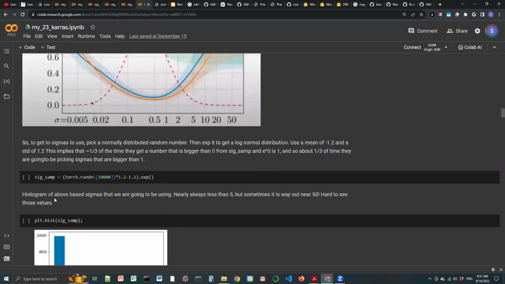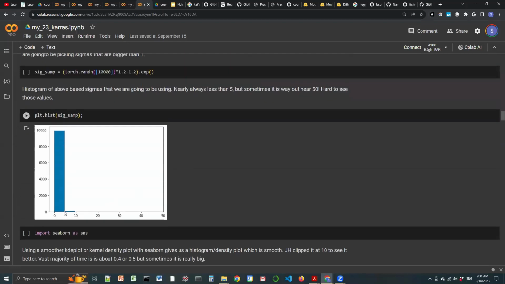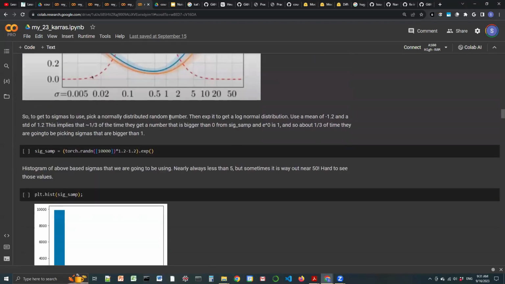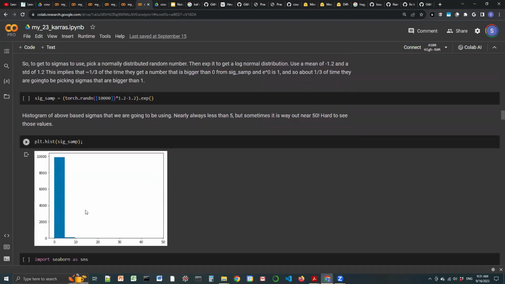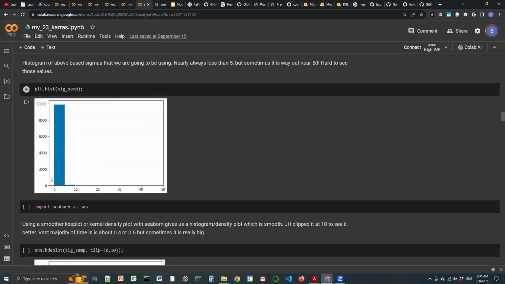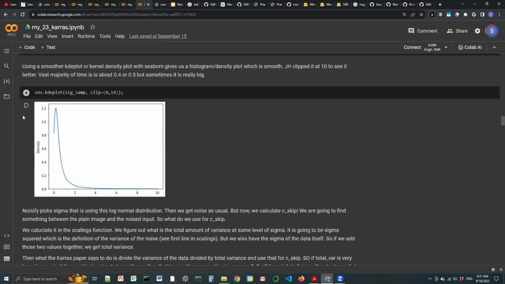And he just plots the histogram of the above sigmas that we're going to be using. And the sigmas turn out most of the time to be less than 5. So it's less than this value here most of the time. But sometimes it's much bigger, and just a histogram plot doesn't show us that. So he uses a KDE plot, which says, oh, look at this. About 0.5 is where it peaks, but there are a very, very small number of values that go even much